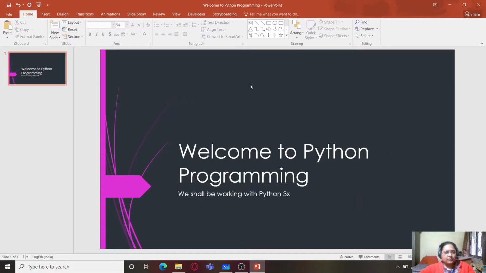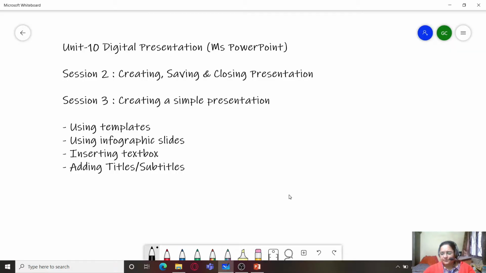Next is how we can close a presentation. Now, closing a presentation, there are two options. For closing a presentation, we have two options. First is close the currently open presentation.